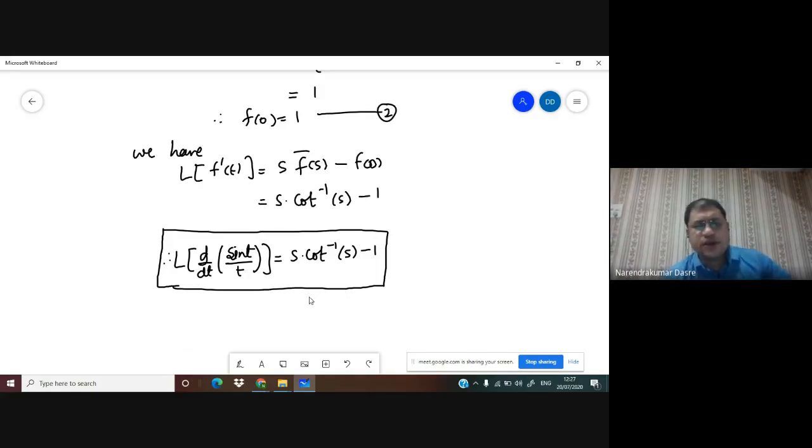Okay, so we need to be careful. Write each and every term and each and every step properly, and you will always get the correct answer. So I hope there is no doubt in this example. Is there any doubt? Okay, that's great. So you don't have any doubt in this example. Good.